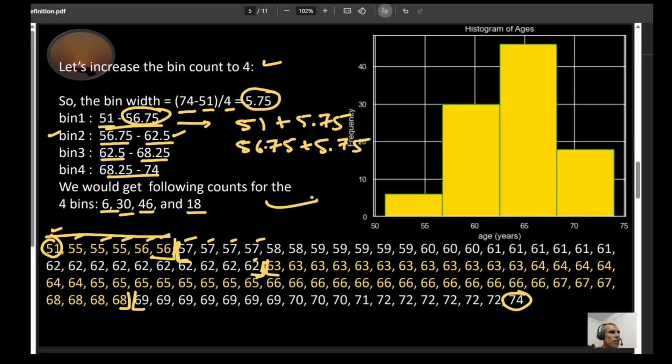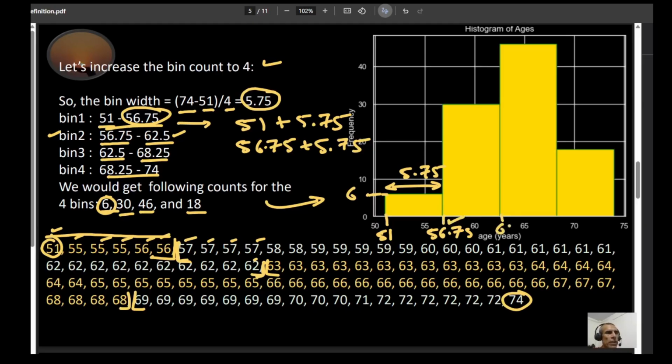Now, when you plot this over here, your histogram will look something like this. So in this case, this is my 51, and this one is 56.75, and bin width is 5.75. Okay, and this right here is my count, that will be 6. So this is 6. Likewise, the number of values from 56.75 to